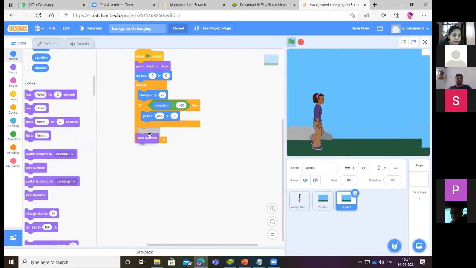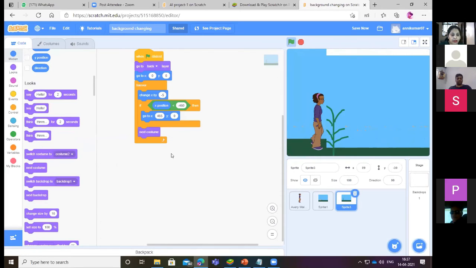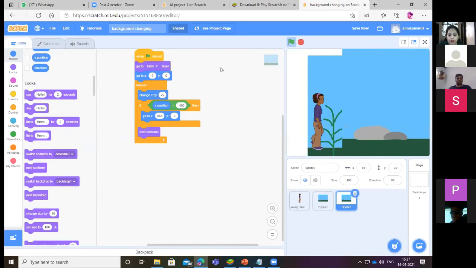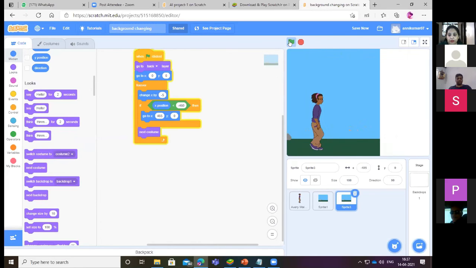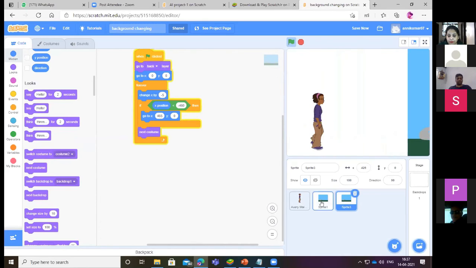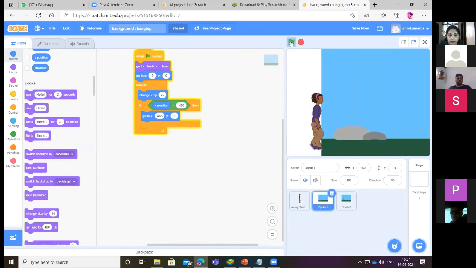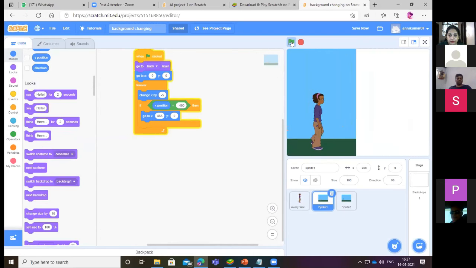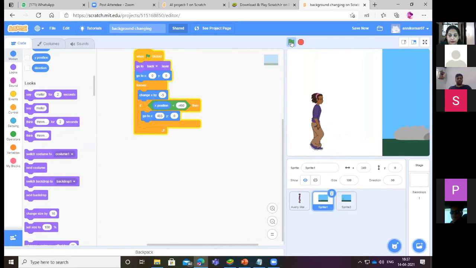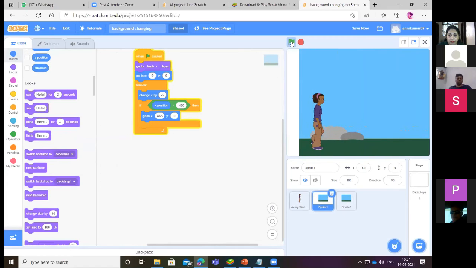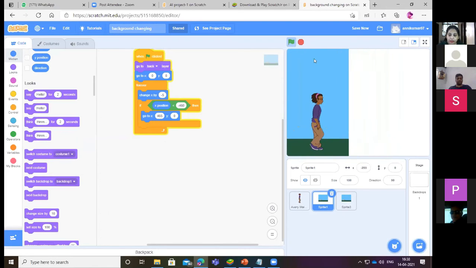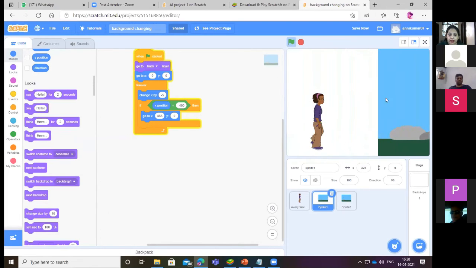Next costume. See here. Now if I press the green flag, I am not getting that previous one, and I am getting this white also.